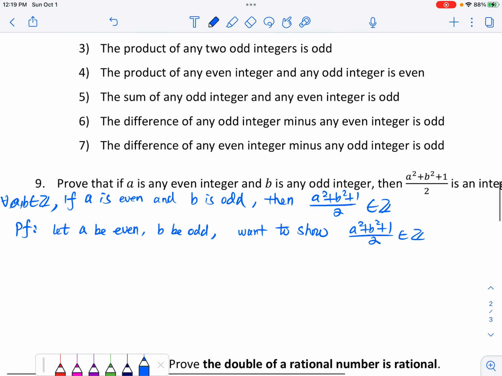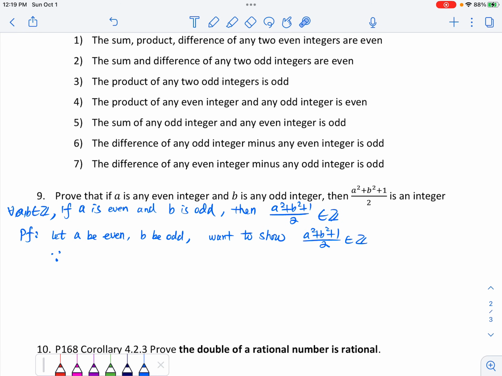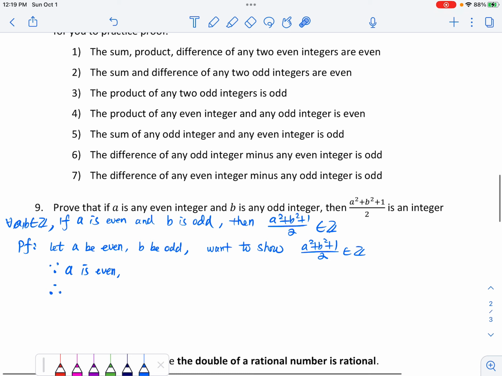Now let's begin. Let's take a look at the detail of this. It involves a square. Because a is even, let's take a look at this. It says the sum, products, difference of any two even integers are even, right? So therefore a squared, which is a times a, the product of two even integers, because a is even, is even by property number 1 listed above, right? Okay,